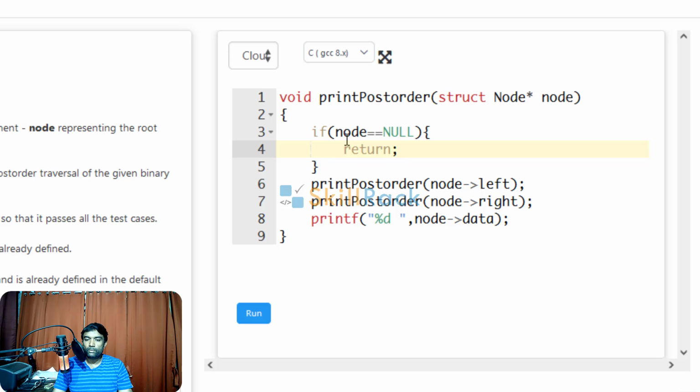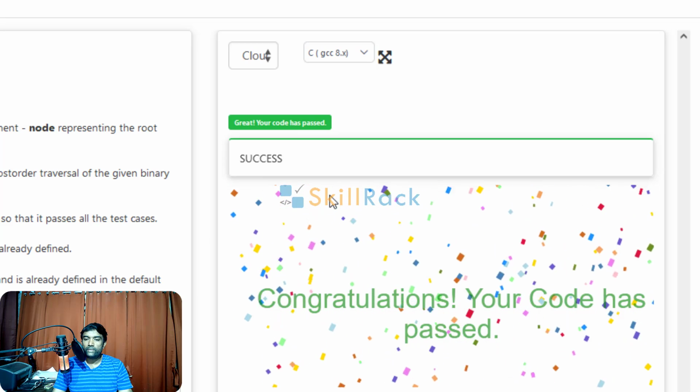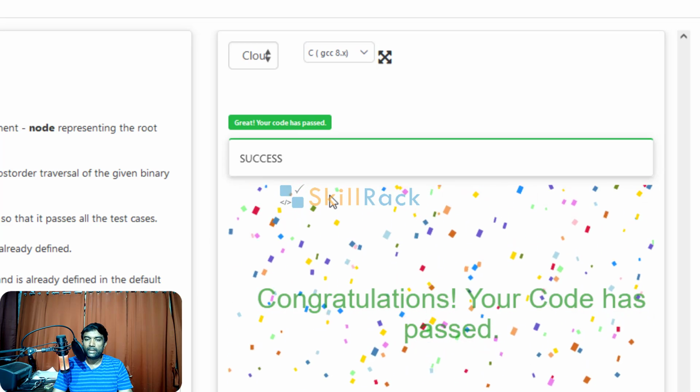So here, suppose the node is not null and node left is null, because it is recursively invoking, that will not proceed further. Same for node right also. Only if the node is not null, node data will be present and that will be printed here. So now we have completed our logic. Let us execute the program. The code has passed. So based on our discussion, please solve the program and thanks for watching.